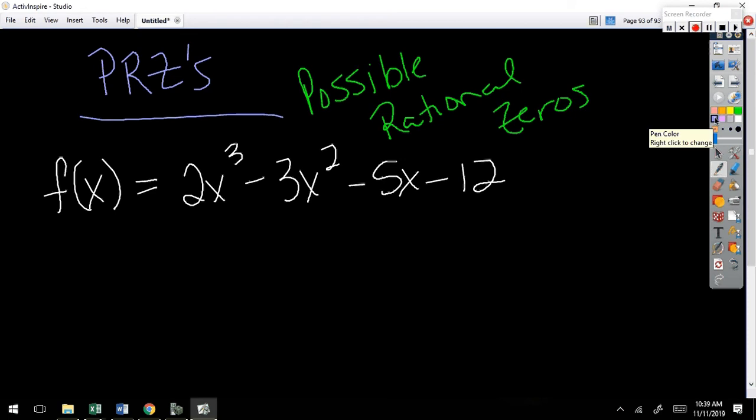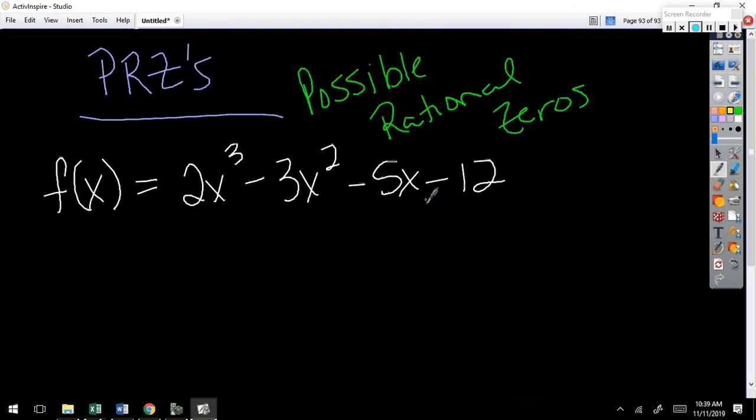Well, that's exactly what we're going to do. But instead of guessing random numbers to try, I'm going to show you how to find a list of numbers. It's not quadratic. All right, so to find our possibilities. Oh, yeah, it is a cubic. All right, so I should have how many zeros when I solve? 3, right? 3 because it's a cubic. 2 turning points, but 3 zeros. No more than 3 zeros.